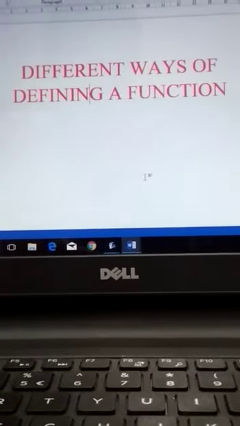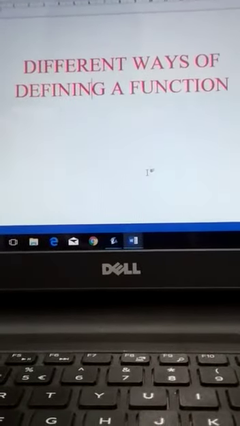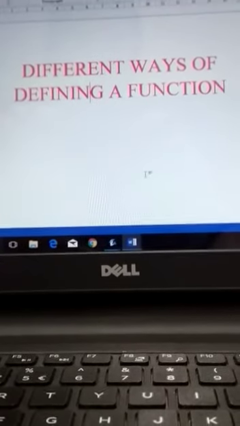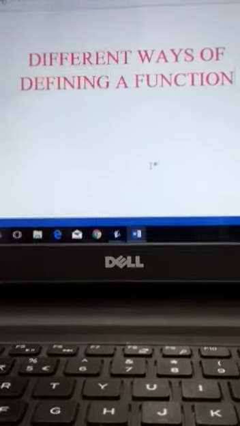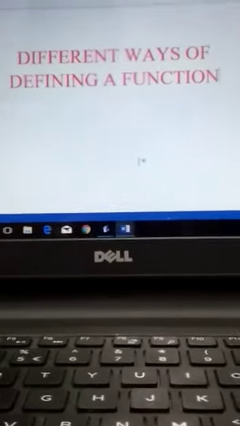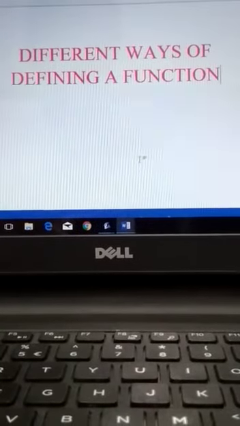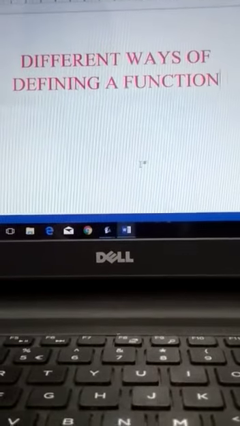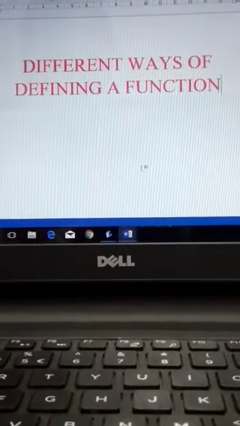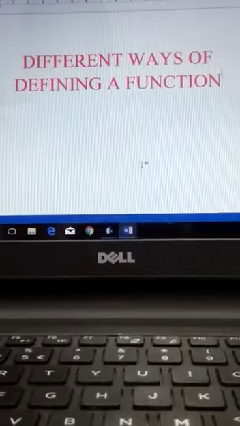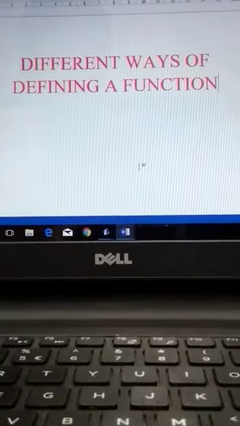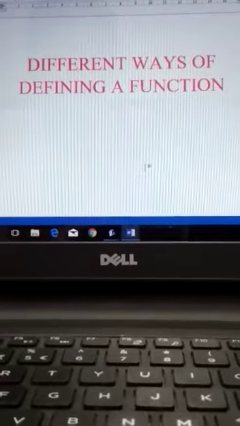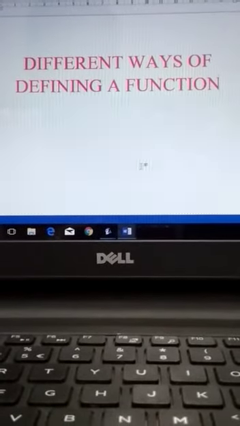Hello children, in this video we will study about different ways of defining a function. So there are basically three ways of defining a function. Here in this video we will study about them by seeing how the program works for various types. So let us see how we will define the function, how we will pass the value to the function, how we will call the function. By the help of the example you will be able to understand.